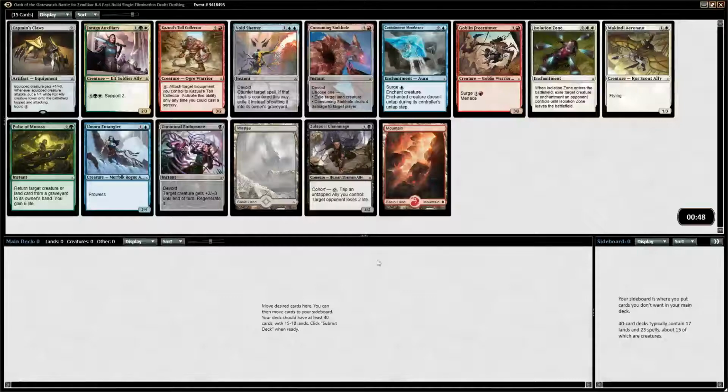Hello and welcome to my 10th, I believe, maybe 11th, Oath Battle Draft. This pack here, let's see here: Containment Membrane, Free Runner, Captain's Clause, Drago Auxiliary, but I believe